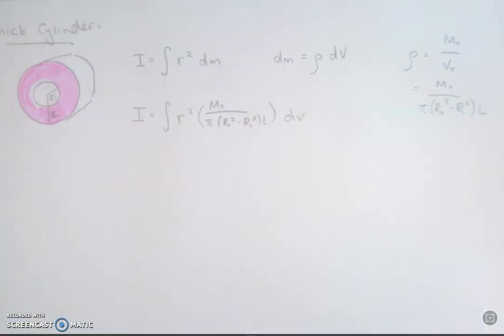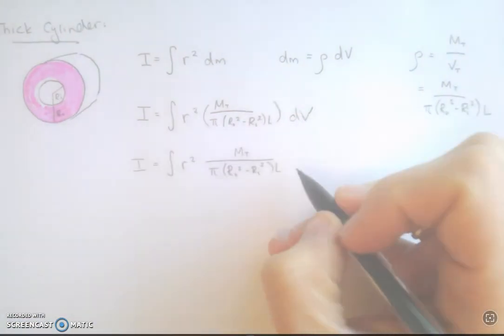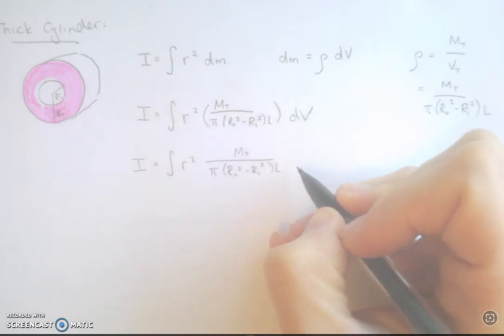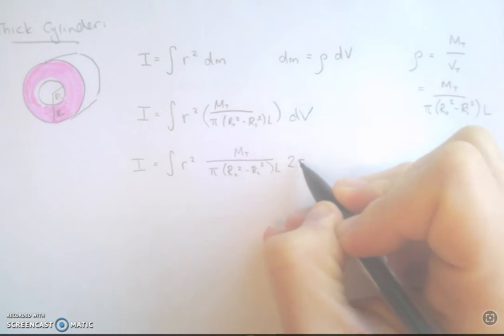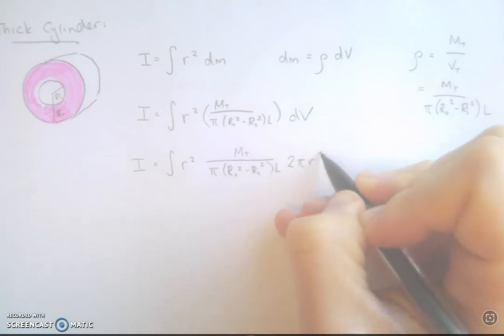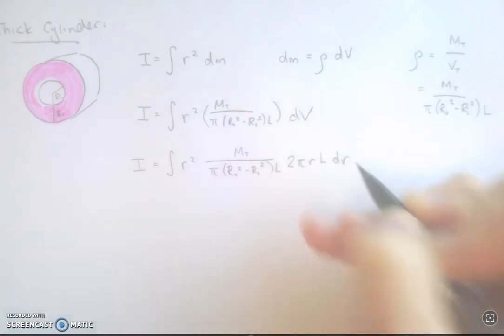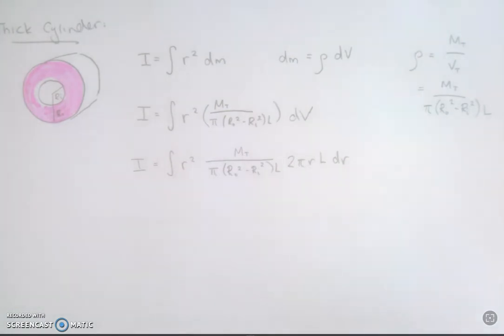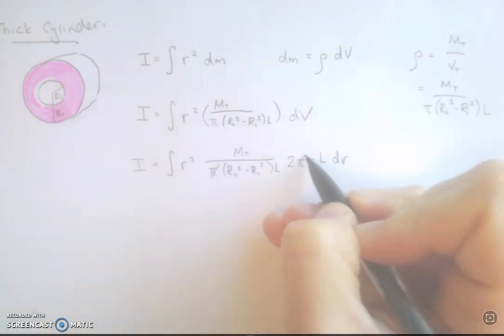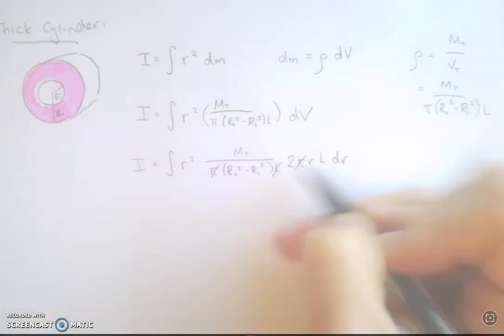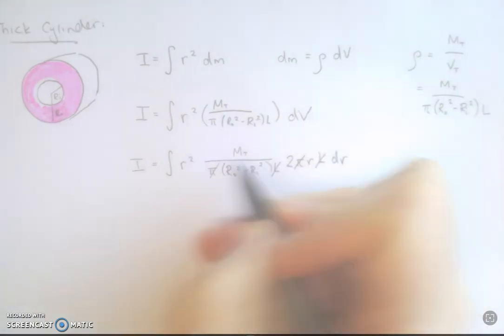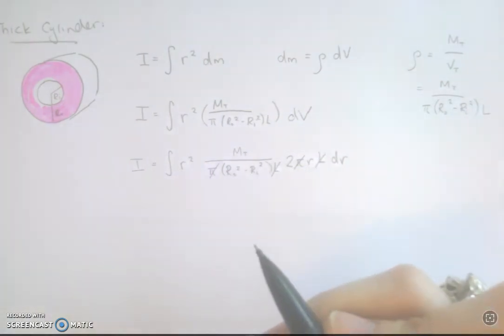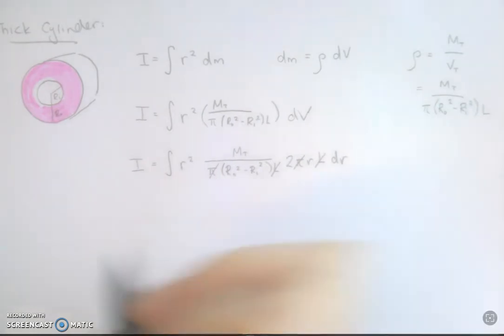Now we'll need dV for a cylinder. dV for a cylinder is 2 pi r L dr. And there's our integral. Let's see, that pi cancels out, that L cancels out, lots of constants move outside, and